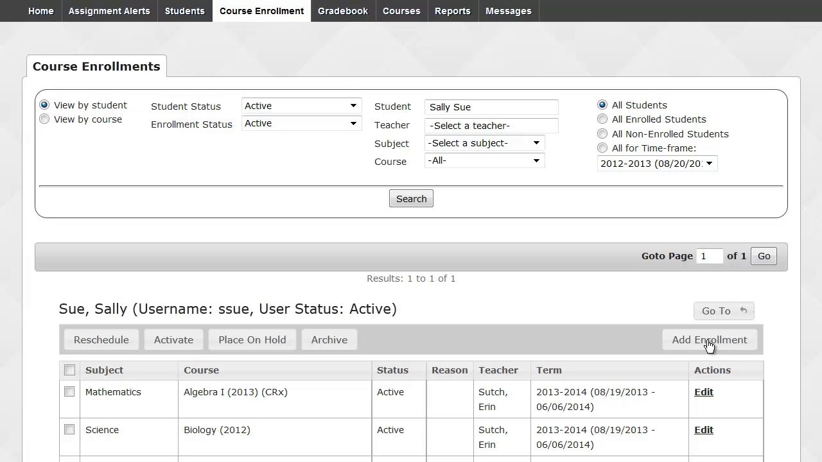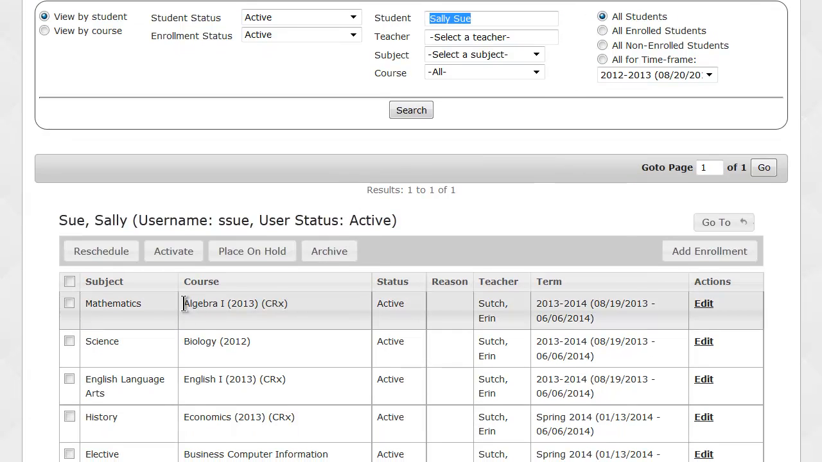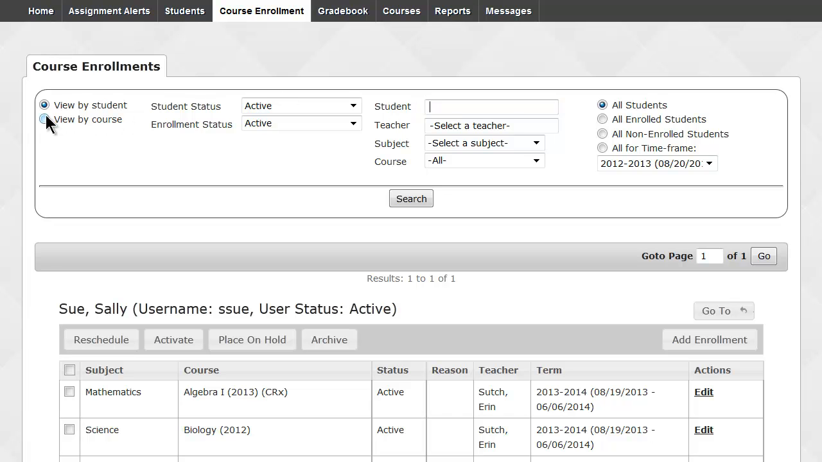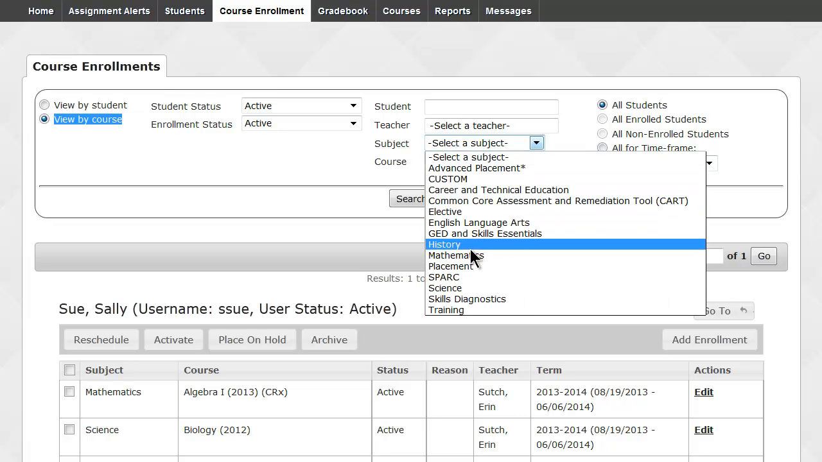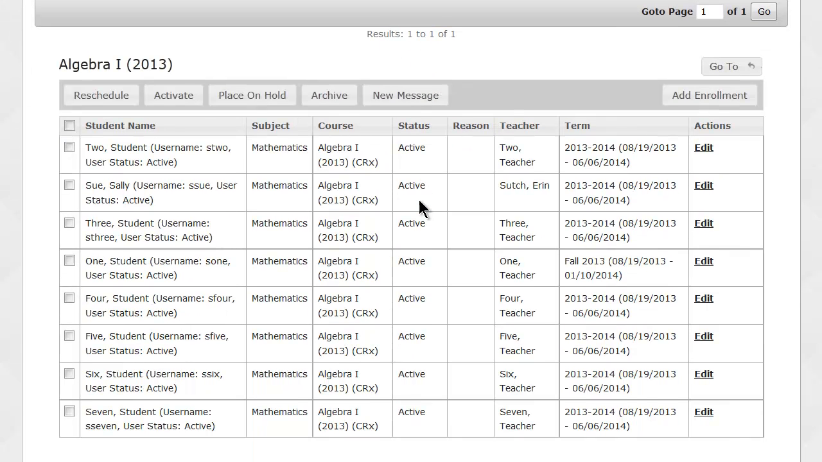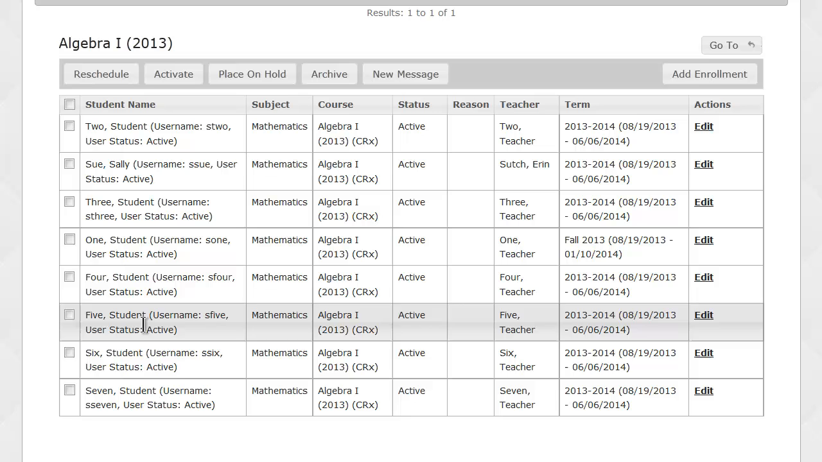Now, if you have several students to put into the same course, once one student is enrolled, let's use Algebra 1 for an example, because I can see Sally Sue's enrolled in Algebra 1. Once one student is enrolled, you can run a search for the course. So I'm going to select View by Course, and I'm going to select Algebra 1, run my search. Now I can see all of my students who are enrolled in Algebra 1, and if I need to continue adding new students to this enrollment or to this course, when I click on Add Enrollment,